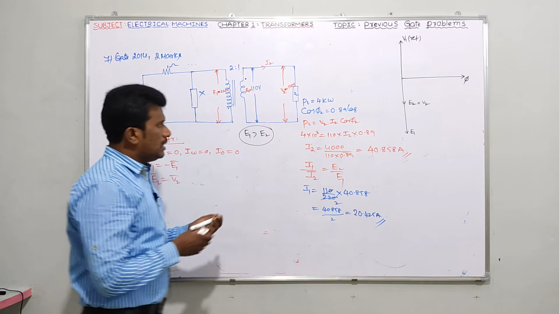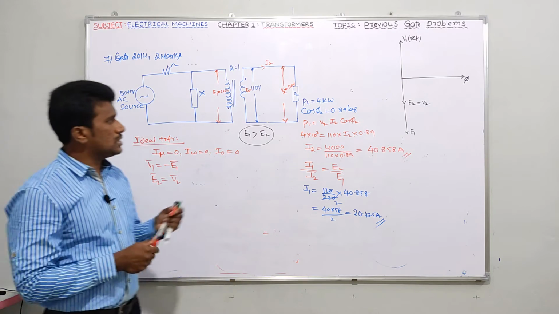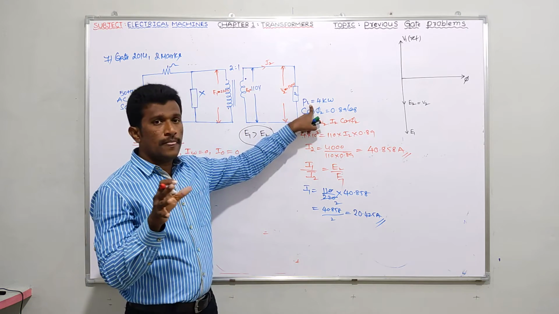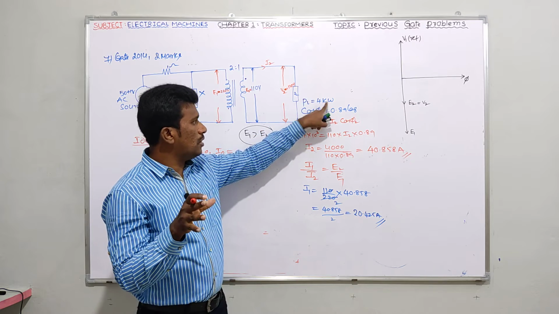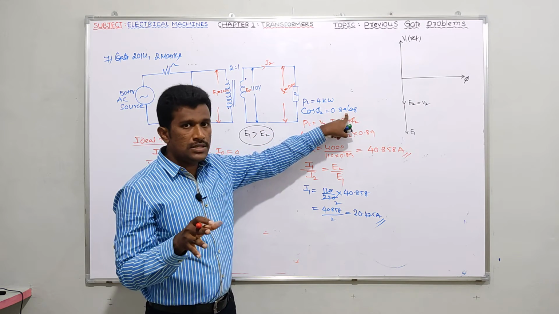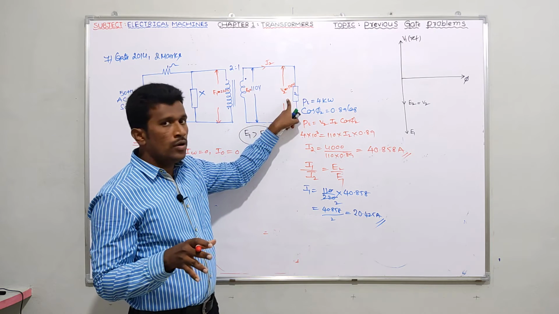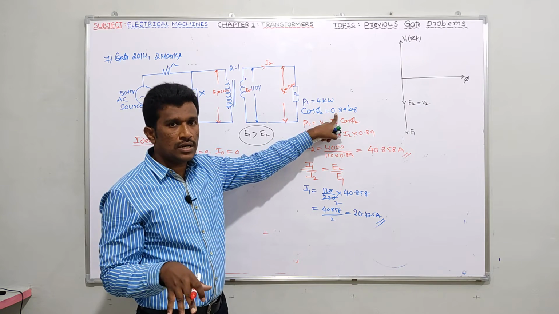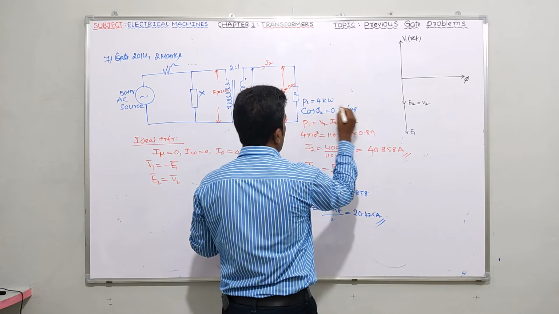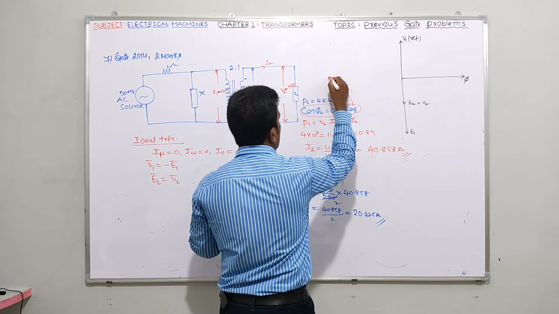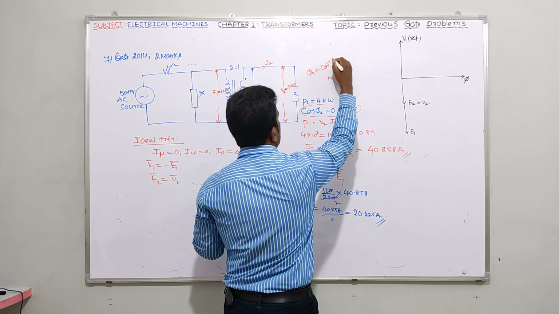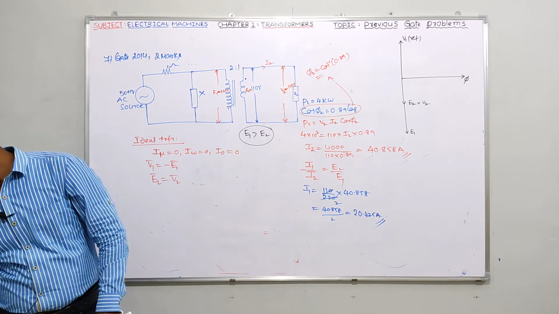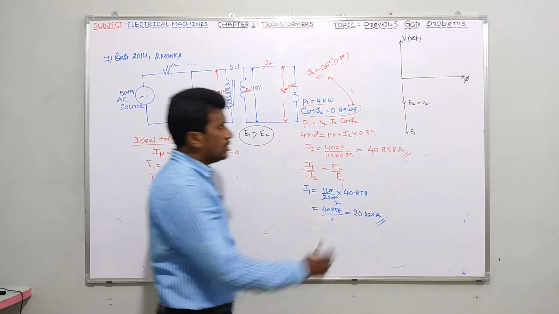Now he has given the secondary current I2. We calculated the I2 current as 40.858 amperes. He mentioned that the load is 4 kilowatts operating at 0.89 lagging, which means your I2 lags V2 by an angle phi2. What is that phi2 value? Cos inverse of 0.89. Yes or no? If you want, you can write it. I am finding phi2 here: phi2 equals cos inverse of 0.89. Please tell me this phi2 value using a calculator. You'll get 27.128.